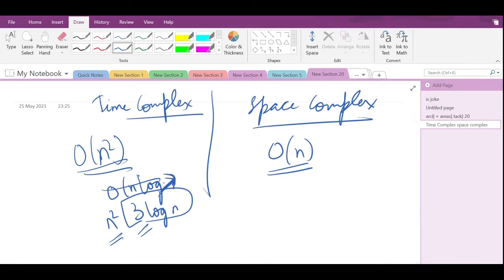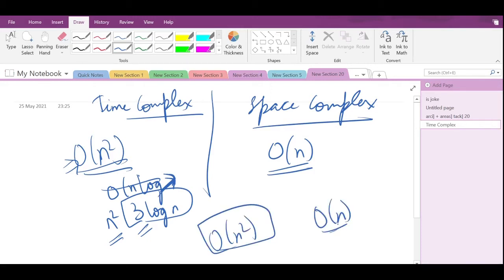So the overall time complexity, for traversing the entire array with two nested loops, is big O of n square. And my space complexity is big O of n. So yes, I have got my time complexity and my space complexity.